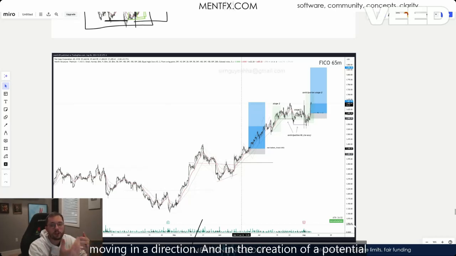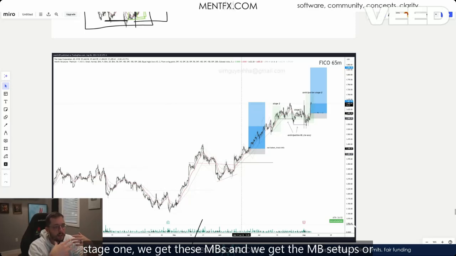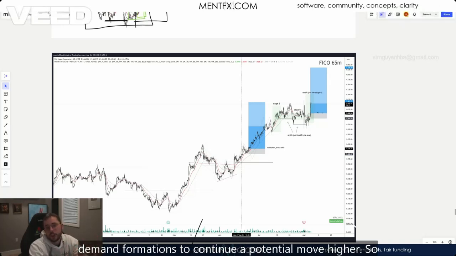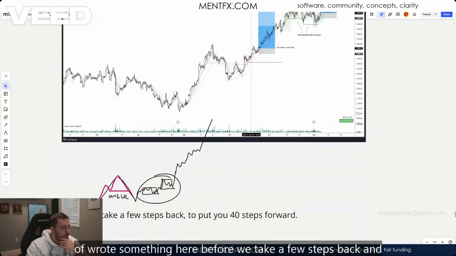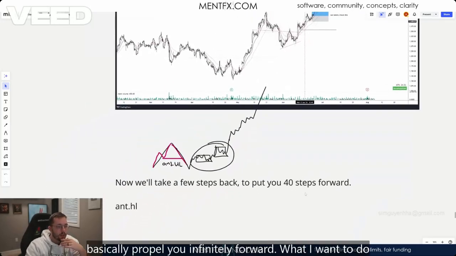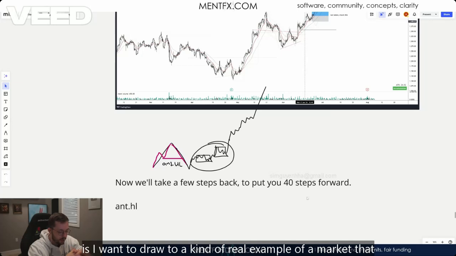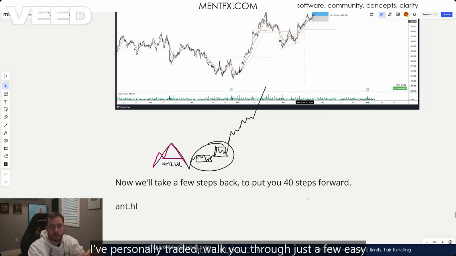And in the creation of a potential stage one, we get these MBs and we get the MB setups or demand formations to continue a potential move higher. So before we take a few steps back, you'll see I wrote something here. Before we take a few steps back and basically propel you infinitely forward, what I want to do is draw on a real example of a market that I personally traded, walk you through just a few easy thought processes of what's going on there, kind of make it harder before we make it easier, and then jump into